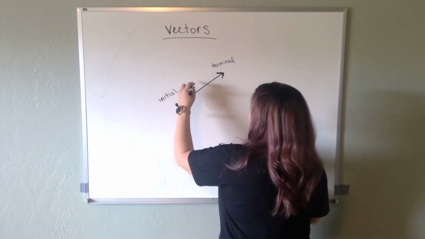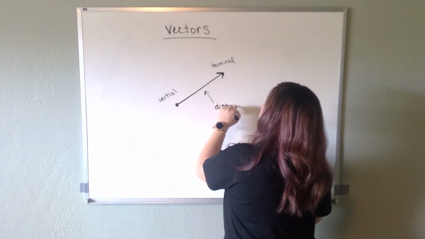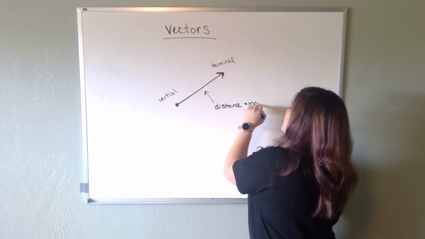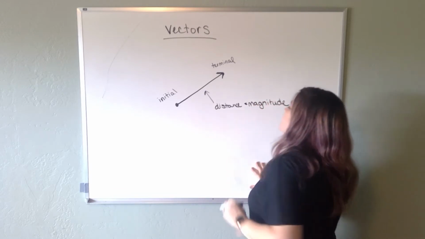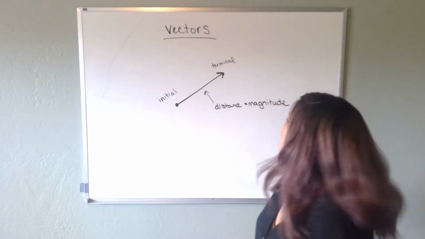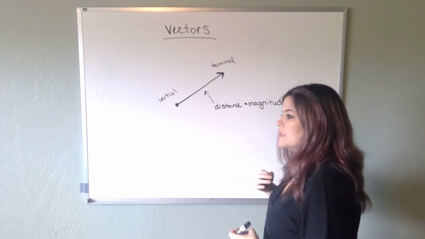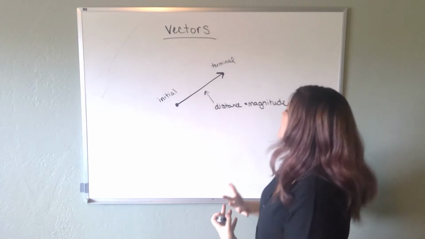You guys, that distance between the points, really distance, is what we call the magnitude of the vector. And you guys, the magnitude of the vector explains how much of a particular force is being acted